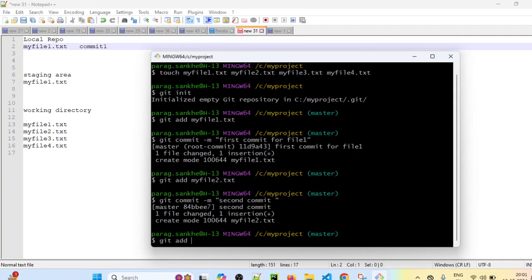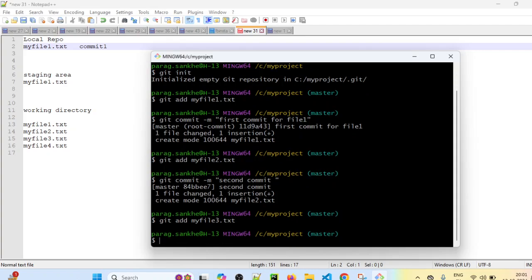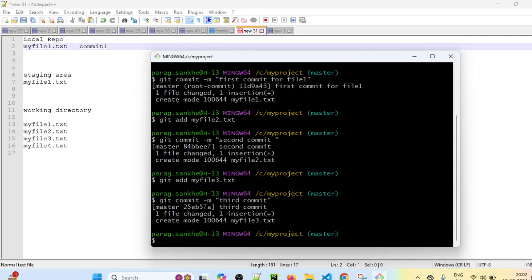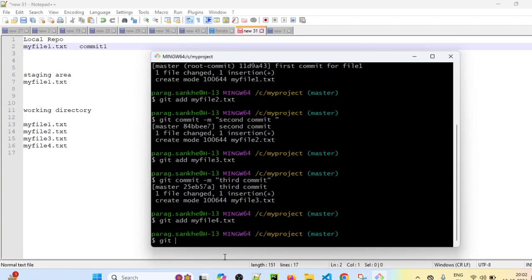Now for the third file as well, let's say git add myfile3.txt, and then we can use git commit -m "third commit". So it will commit the third file to the local repository. Similarly, git add myfile4.txt, and then we can commit with -m "fourth commit".